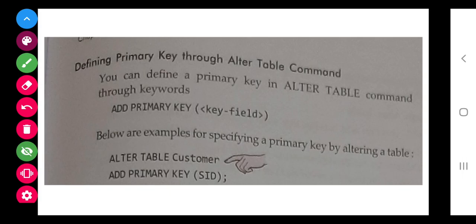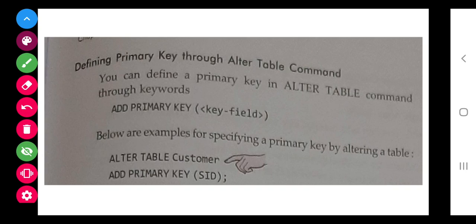Next, there is one more method. Suppose we forgot to give the primary key and we have created the table, everything is done, and later on you come to know that there should be a primary key also. You want a combination of 2 or 3 tables, so a primary key is needed. So how to give that?